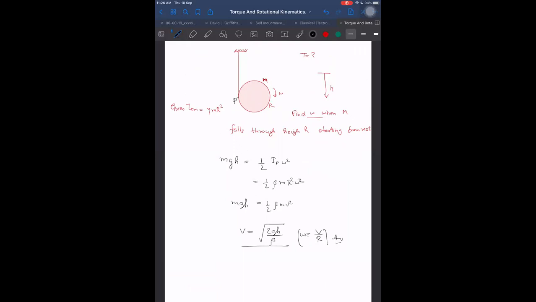Sir, in the third step, you missed R square, sir. Oh, sorry if I did that. Where did I miss? Let me check once. No, sir. You have written v square. We know v is equal to R omega. This is R now, and we can think as if it is rotating about P also, the instantaneous center. So we can write v is equal to R omega. Is it understood now? Yes, sir.